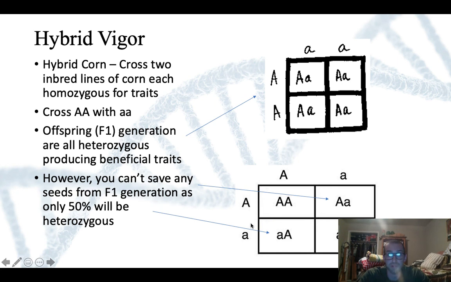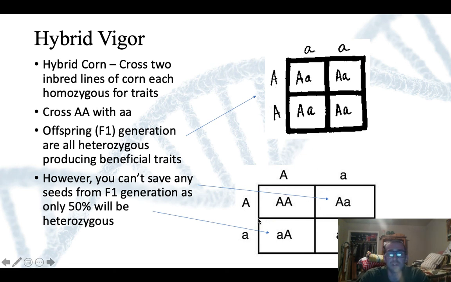If we cross two heterozygotes together, we get this genotype combination of big A, little a, big A, little a, big A, little a, little a. So only 50% of a cross of our two heterozygotes are going to be heterozygotes as well. The other two are going to have the same genotypes as the parents, and those are the lesser yielding corn,